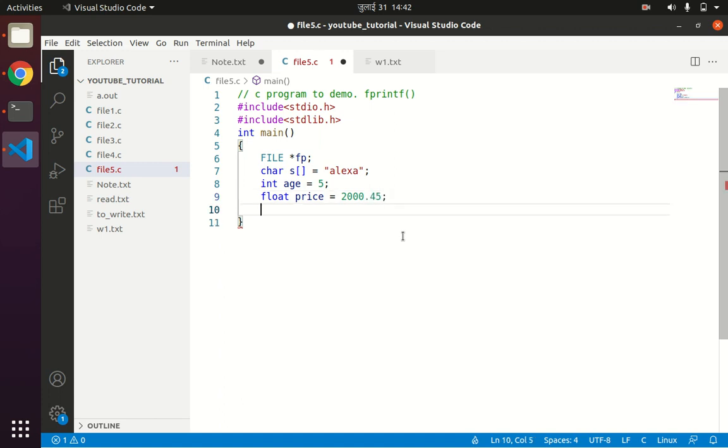Now let us say I have to write this content, means I'm trying to write a string, age which is of type integer, and a floating point value into the file called w1.txt. For that I have to open the file in write mode.